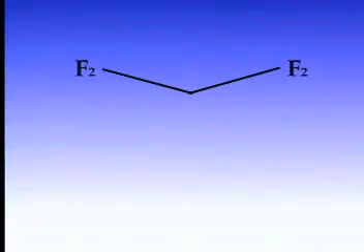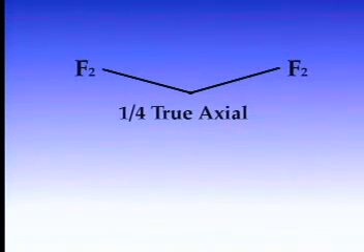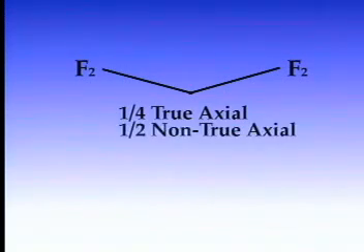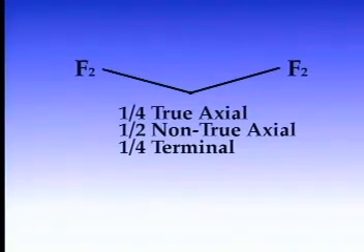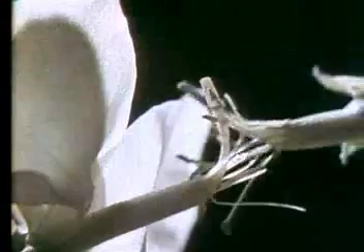Curious to know more, I let each plant of the F2 generation self-fertilize. Of the plants produced, 1/4 were true breeding for axial flowers, 1/2 were not true breeding, or hybrid, but produced axial flowers, and 1/4 were true breeding for terminal flowers. Clearly, the hybrid plants contained factors for both characteristics, but produced only axial flowers. The factor for terminal flowers had not disappeared. It was only masked. When it combined with a plant that had a similar factor, it produced offspring that had